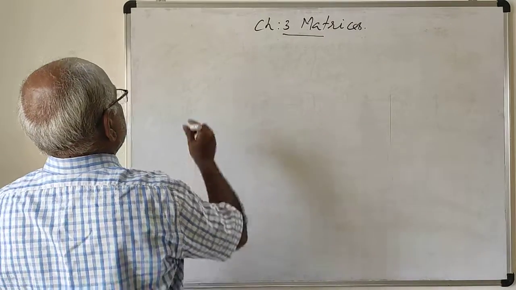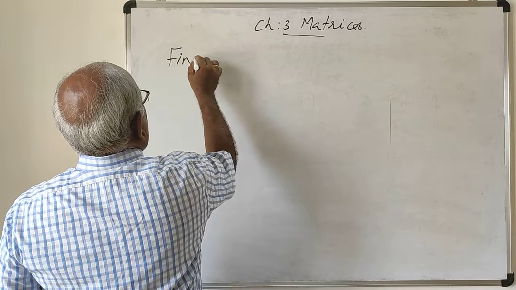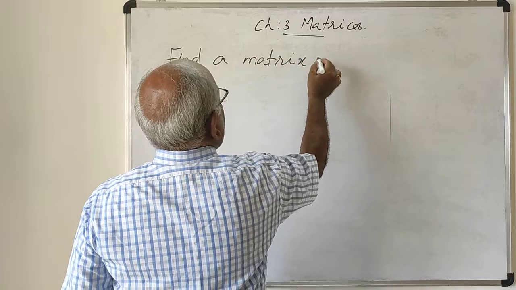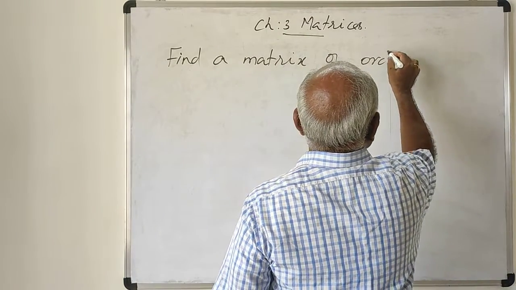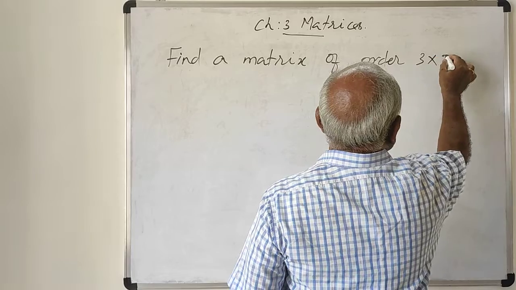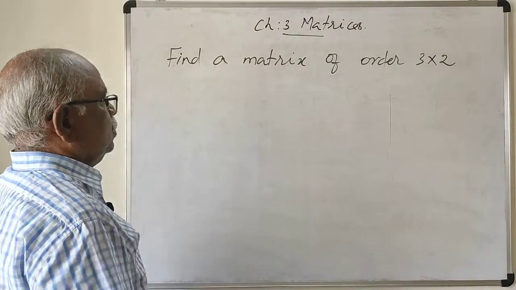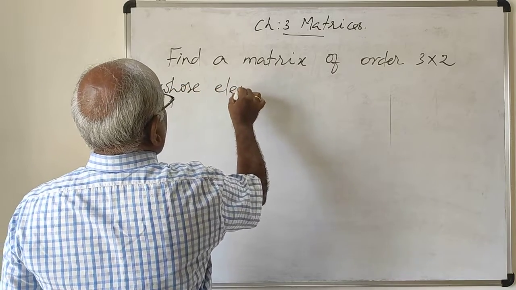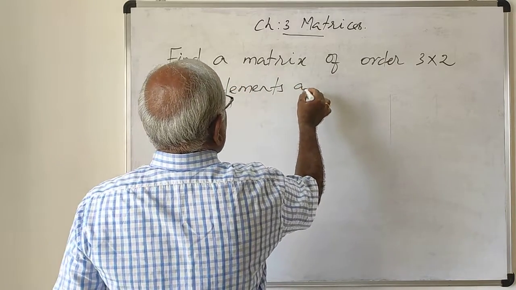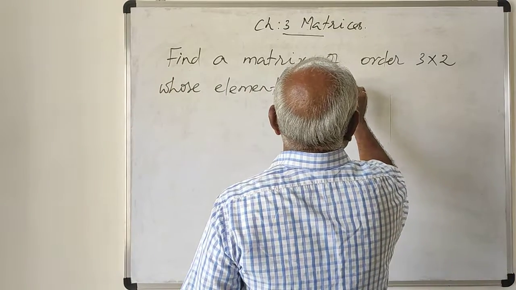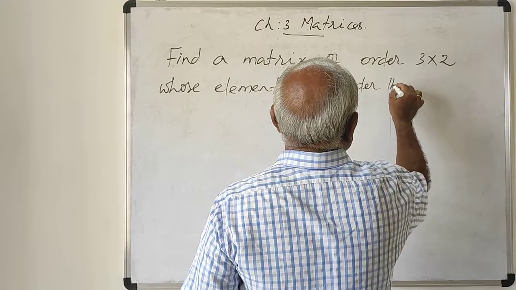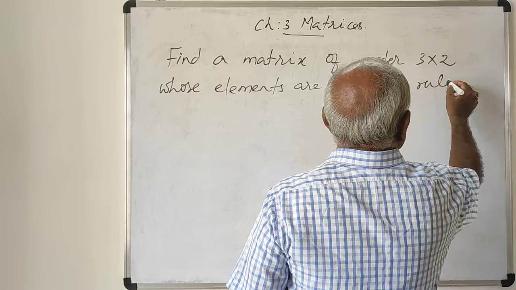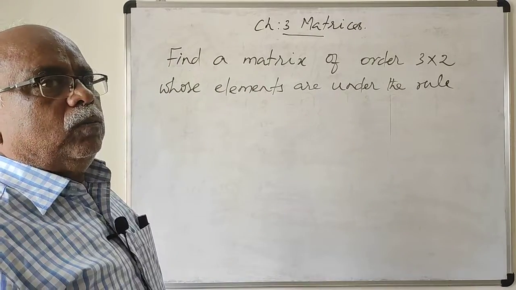See, find a matrix of order 3 by 2 whose elements are under the rule